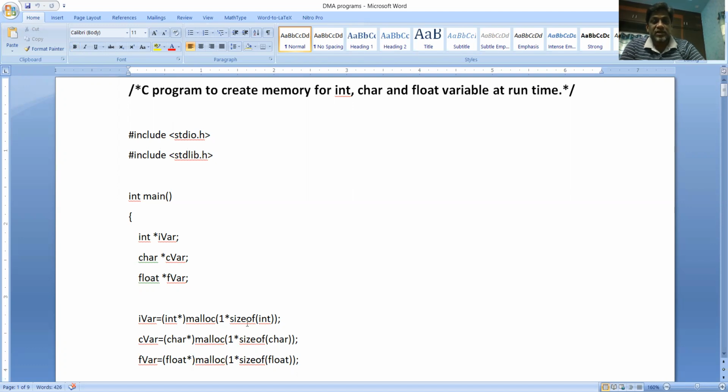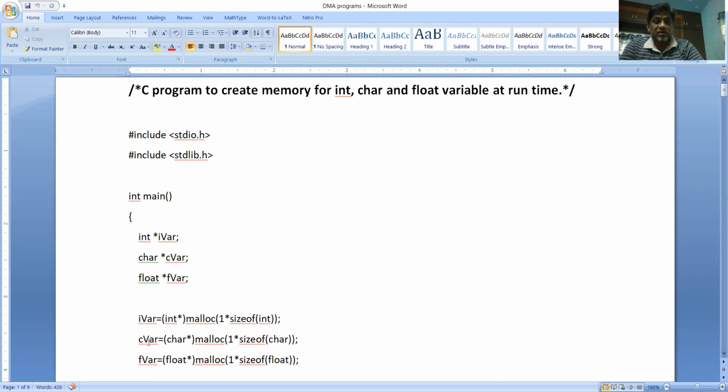Okay, so it requires either 2 bytes or 4 bytes. Therefore the corresponding memory, either 2 bytes or 4 bytes, will be allocated by malloc, and the starting address will be returned to IVAR. So this will create an integer pointer and assign the address of the memory location which is created.